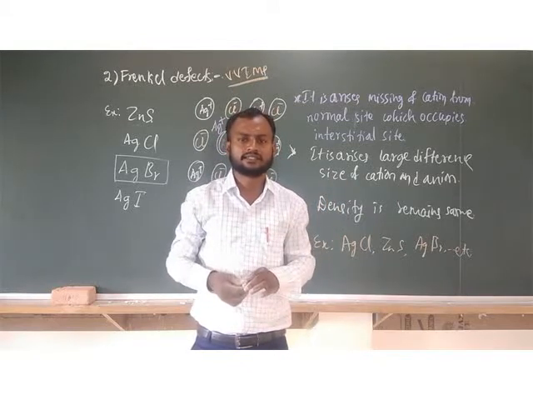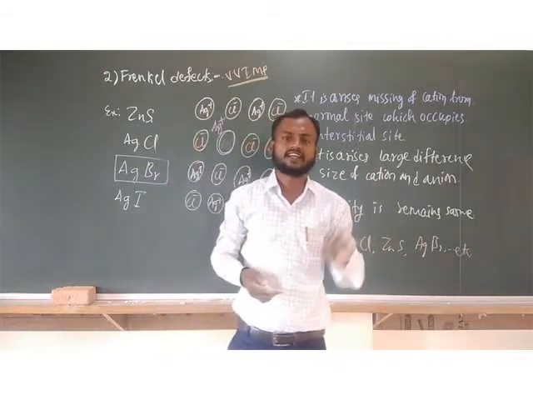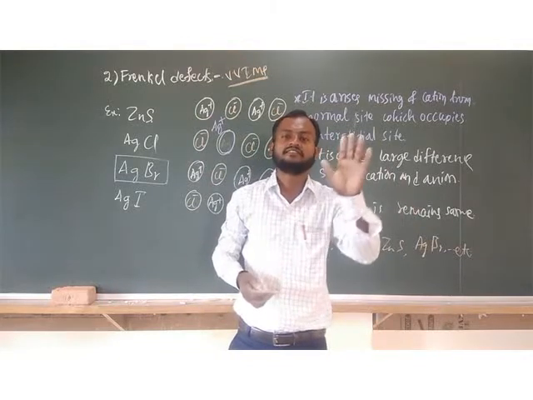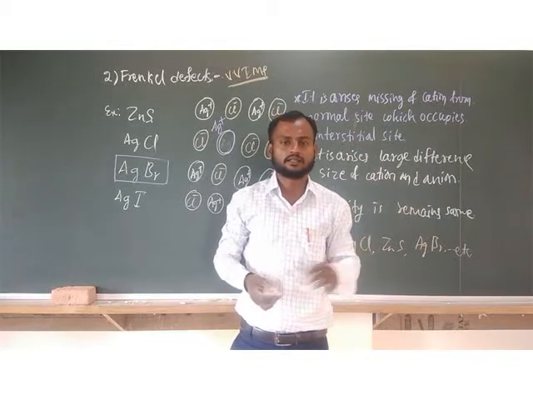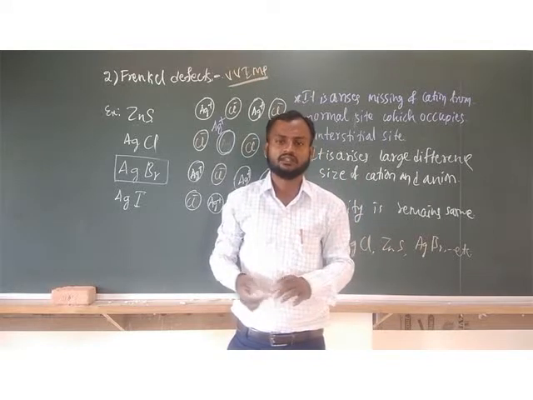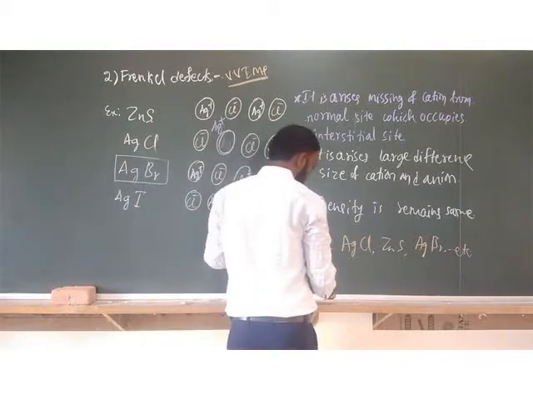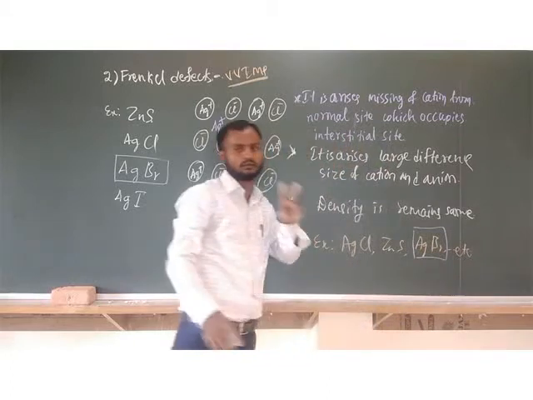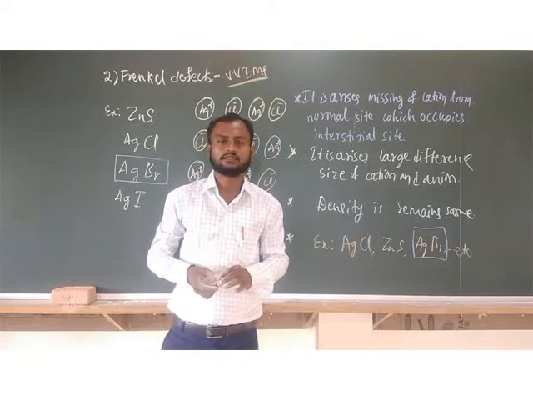In case of an entrance examination, write the examples for Frenkel defects. Then what about the density of the crystals in a Frenkel defect? The density remains the same, and the examples involve large cations and large anions. So AgCl, AgBr, and AgBr is an exceptional case. It is an example for both Frenkel defects as well as Schottky defects. Clear, my dear students?